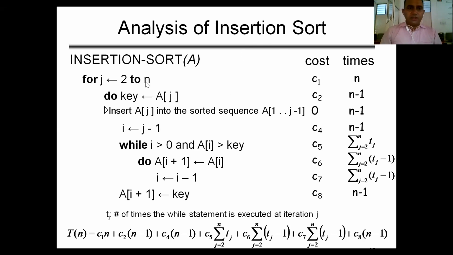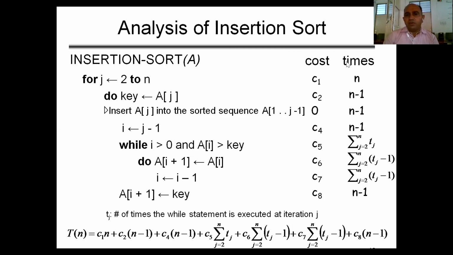Actually, we know that n is the size of array, and what we are going to do here, we are creating two columns. One column is for cost and the other column is for times. Cost means, for example, we know that every line is executed by the compiler, so we have to assume that if this line is executed by a compiler, then the cost of the compiler is c1. If the second line is executed by the compiler, then the cost is c2. So this is a one time cost.